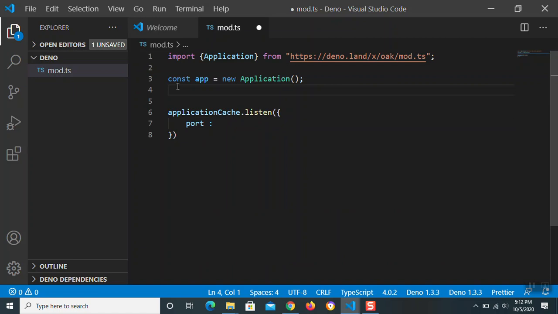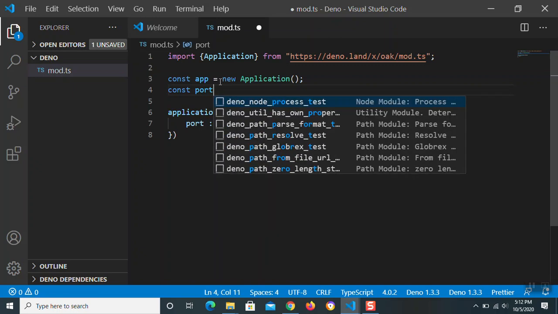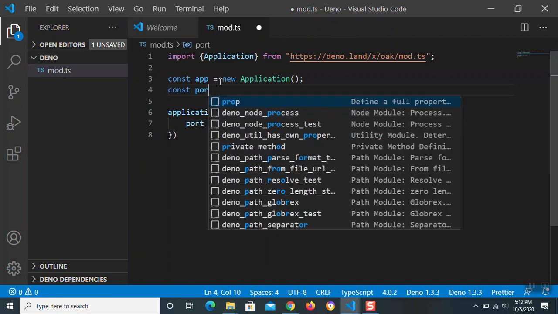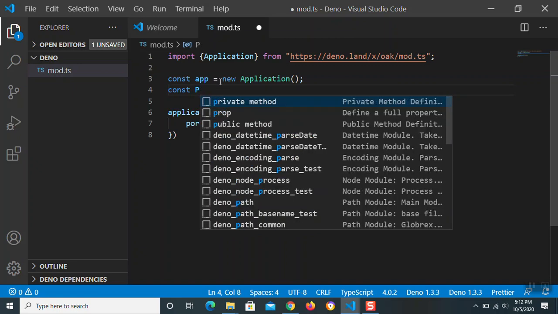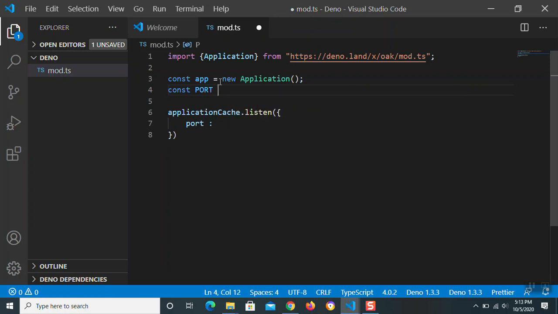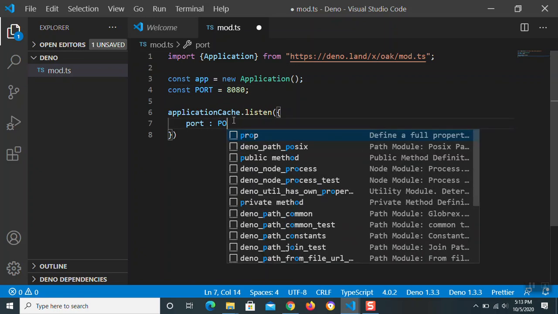Let's assign our port here, constant, in my case, let me assign to 8080 port. So I'll assign this port number over here.